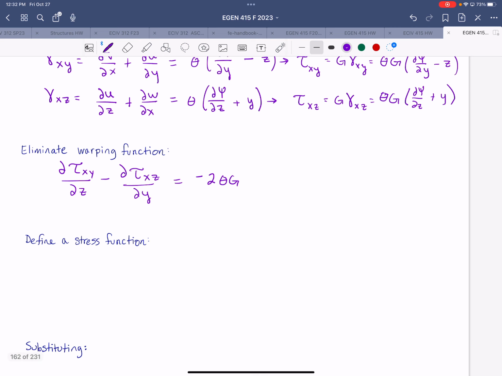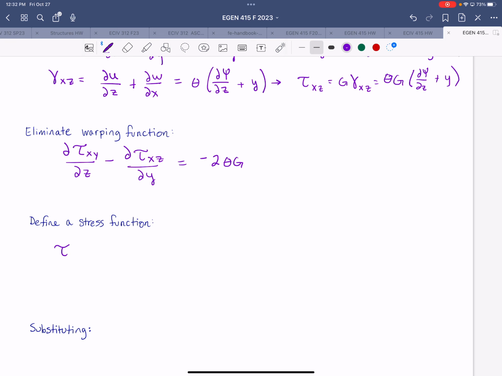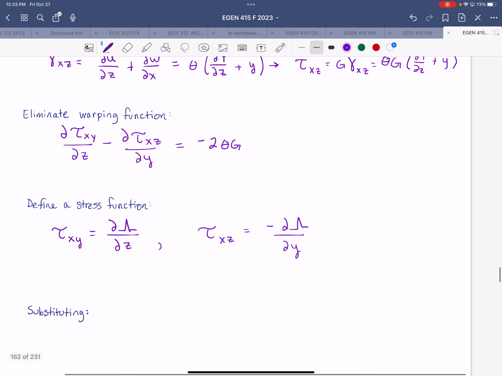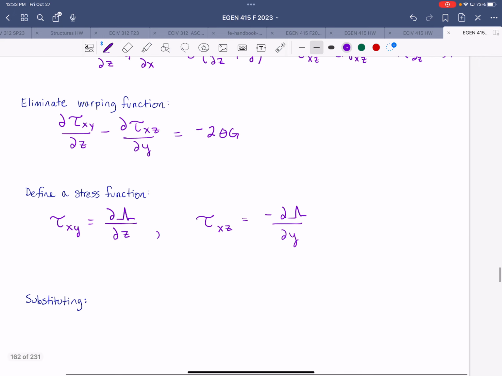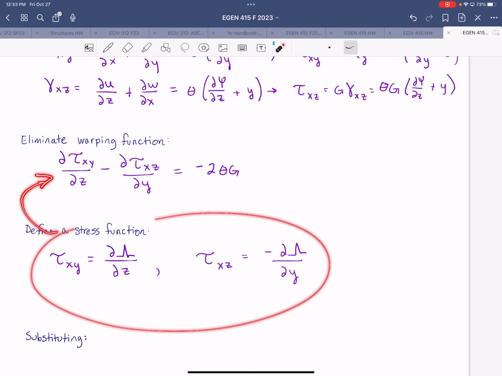And so now we can go ahead and define a stress function. We're going to say that the shear stress in xy is equal to the partial derivative of, we'll use the capital Greek letter lambda, with respect to z, and the shear stress in the xz plane is equal to negative partial derivative of lambda with respect to y. Now, if we make those substitutions into this equation,